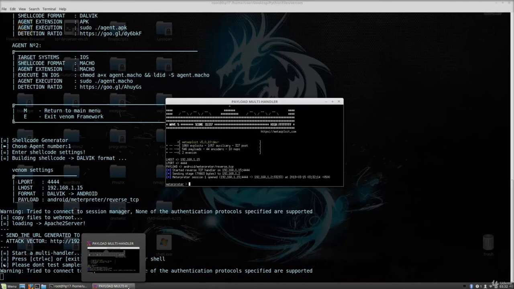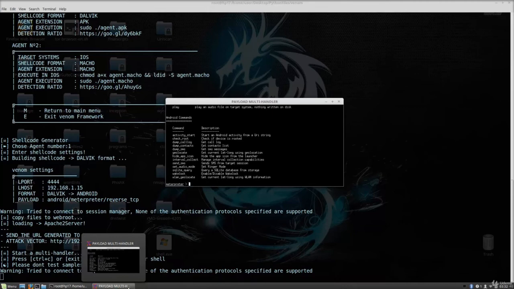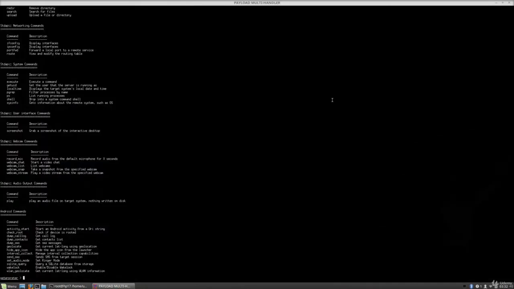So in order to check out what your available options are with the Android payload, you just type here, not get UID, you type here help. Let us enlarge this window so we can see it a little bit better, and you can see we get some of the additional components, more options than in the previous exploits, such as check root, dump call log, so we can get the call log, dump contacts, dump SMS, we can read all of the SMS messages,